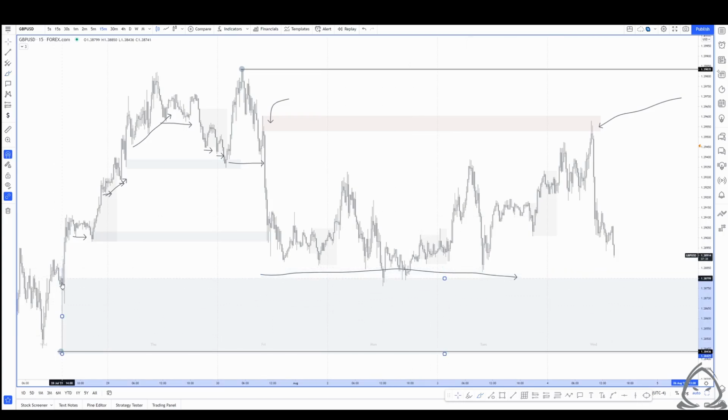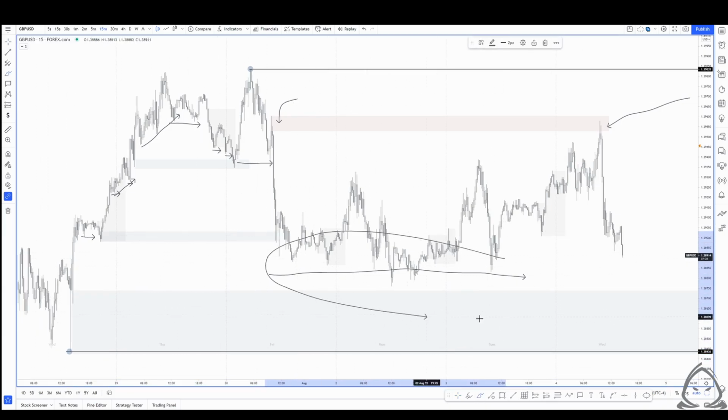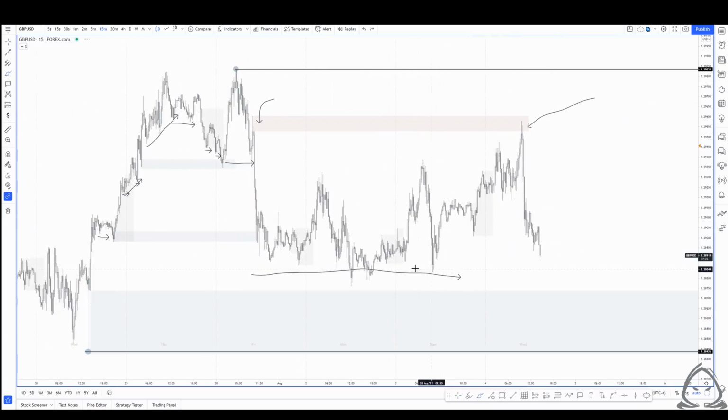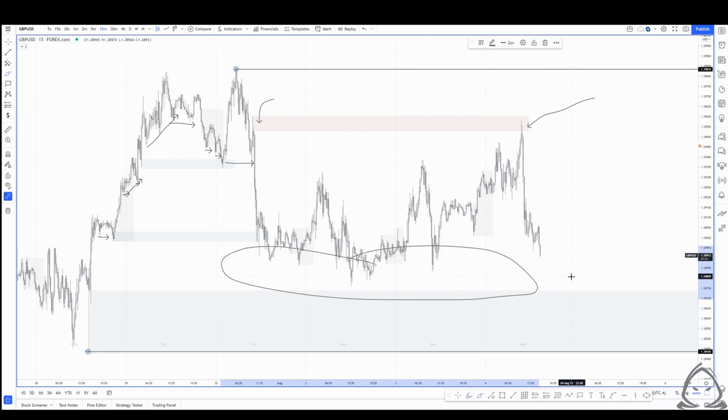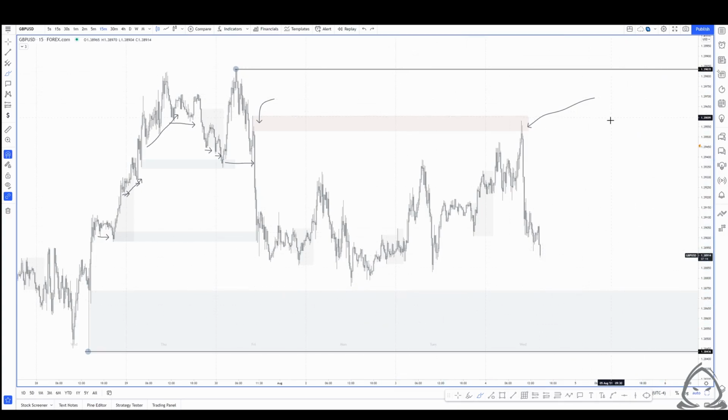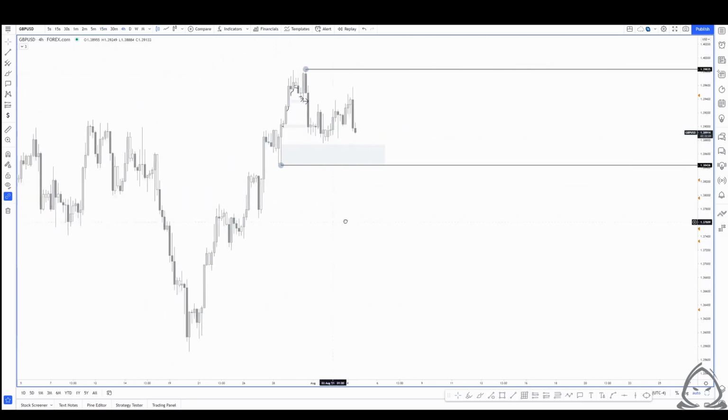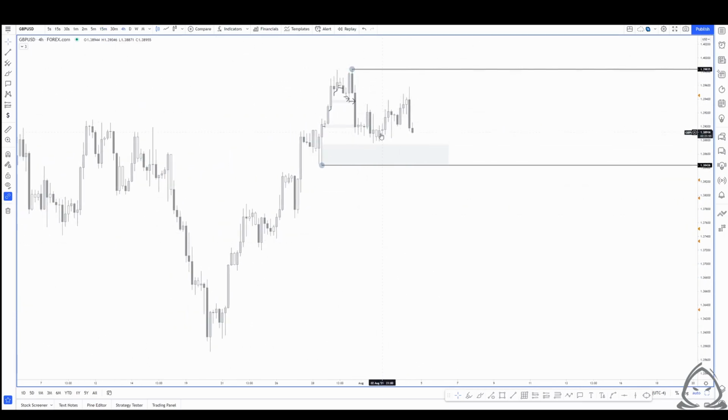If we were to refine our zone on a 15-minute, we could look at something like this. And if we look at that, we can see that we haven't actually tapped into this zone. So what this would end up being is inducement, or a build up of liquidity for the sole purpose of grabbing the orders that rest below, the sell side liquidity that rests below, to tap into demand and then continue moving to the upside if we are to target this high and continue making a higher high and continuing on the bull trend. Because as we said, when we go to the 4-hour, this high has failed to take out